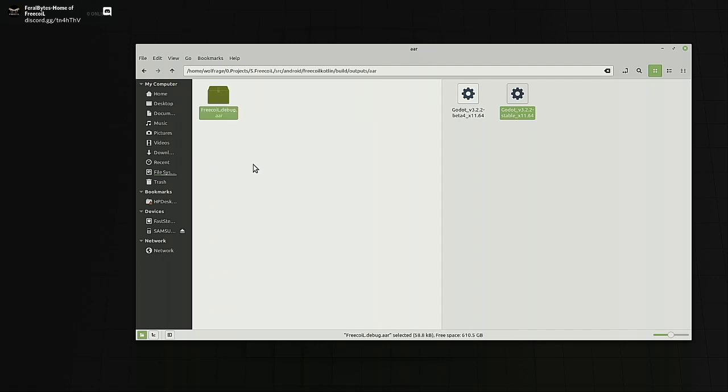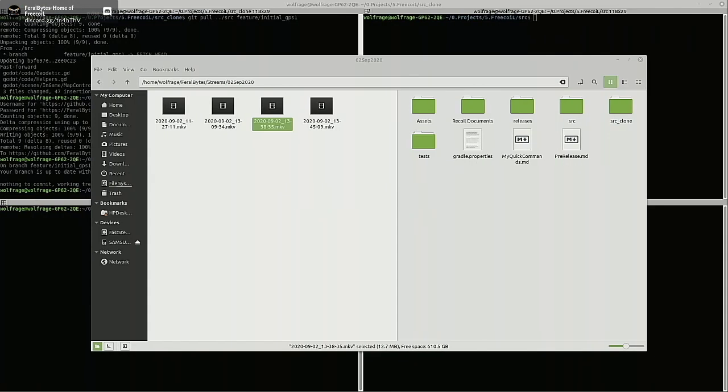Why an AAR file, not an APK file? Because that makes it a small module with only its dependencies, but it is still build dependent as far as target versions with Godot. With that, it's only 58.8 kilobytes to build FreecoiL Kotlin as the module, the plugin that plugs into the Godot side. Alright, that then takes us full circle back to Godot